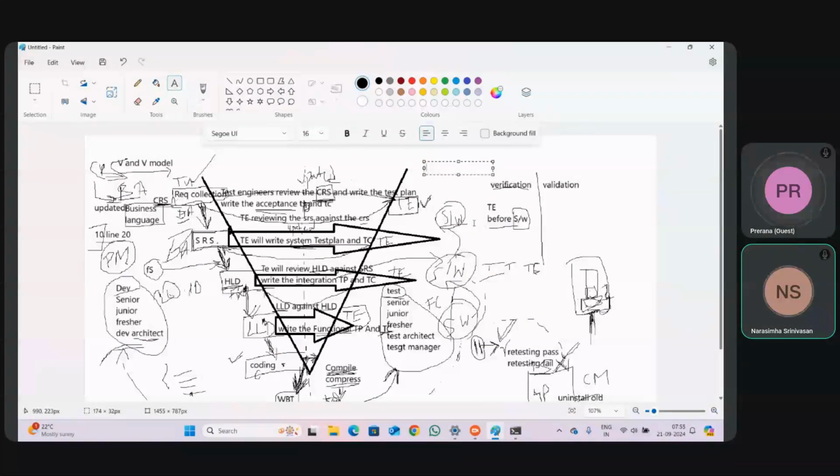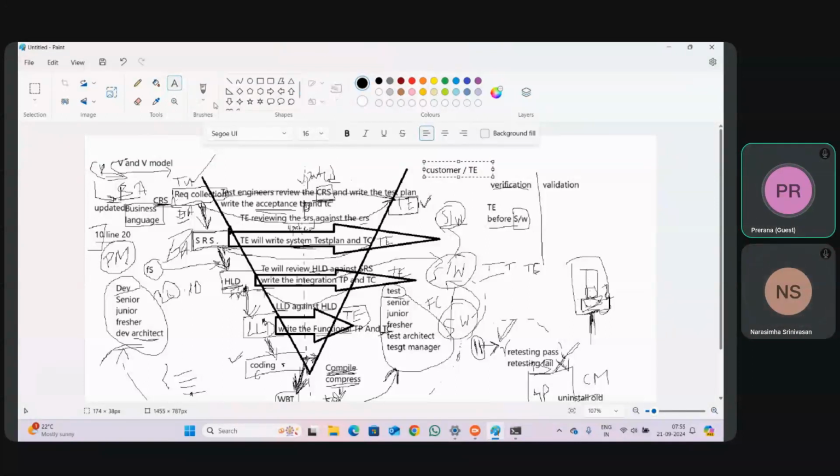If the customer is doing it, the customer will find the defect and communicate to whom? Business analyst, or developer directly? No, we are finding a defect in the software, not in the requirement. But as you said, if the customer has a very friendly relationship with the business analyst, he can speak with the business analyst also.